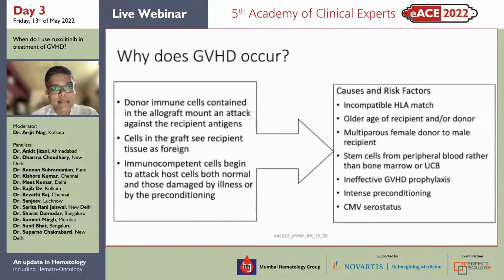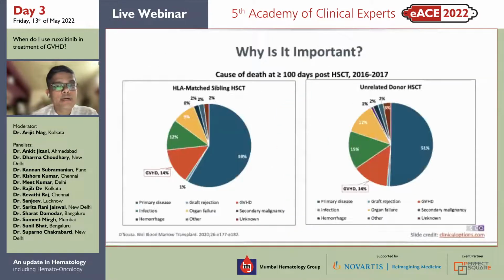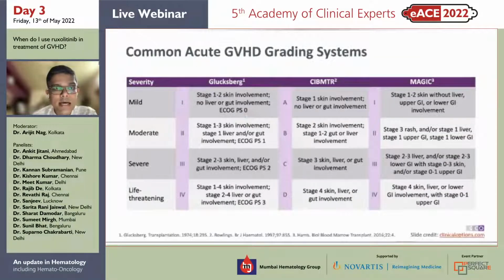Good evening to all the panelists, and I'll start the discussion today. I'll skip these slides because I think most of this has already been covered in Professor Zeiss's presentation. We all know that we have an overlap of acute and chronic GVHD, which is defined as acute GVHD within the first 100 days and chronic after 100 days. There are different scoring systems, and I'm sure different institutions would follow each one of them.